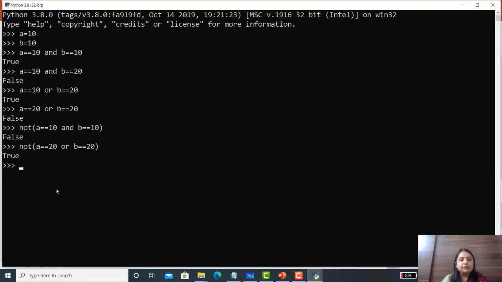Now here if I write A equal to, I take a list, A equal to apple, suppose banana, and B equal to another list, in that I only have apple, and I take another variable C equal to A. Now if I write A is B, no, A and B are not the same, so the answer is false.